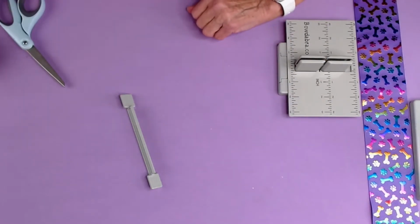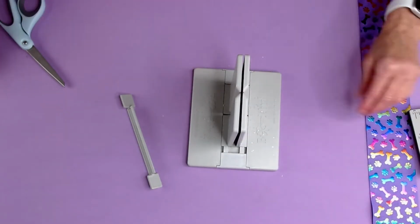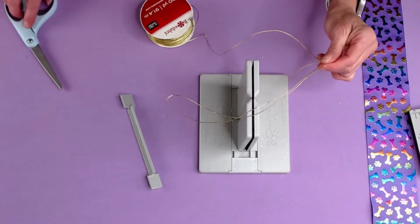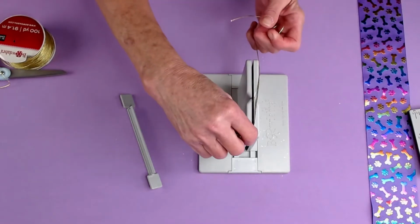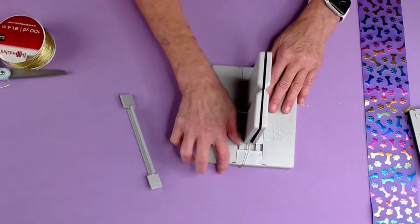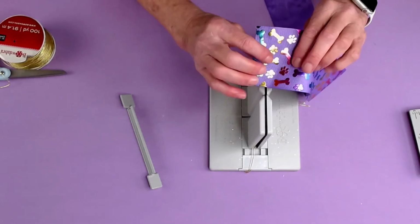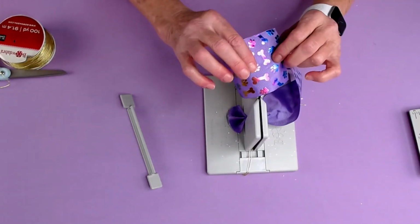So the next thing that I'm going to do is show you in the regular Bowdabra how to make a 2-loop bow. So here I'm going to take my Bowdabra bow wire. Now you can also make this in the mini Bowdabra. And again, I'm going to make my wire long enough. And this is just a ribbon that I picked up on Amazon, but you can use any grosgrain, 3-inch wide or 2-inch wide. It would be the same thing, 1 1/2 inch wide. It wouldn't really matter. So what I'm going to do here is take the right side of my ribbon and just scrunch this down in here and take the right side of my ribbon again,